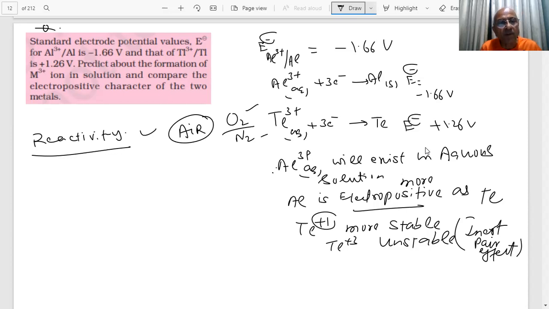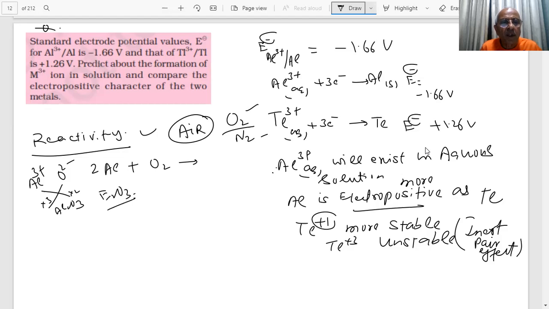So if you have something like aluminium, it combines with oxygen, what type of thing are you going to form, students? Aluminium is 3 plus and oxygen is 2 minus. What will be the formula? Al2O3. 2 into 3, Al2O3. So E2O3, E3+ and O2-. That is the story. So Al2O3 or E2O3. Okay? Then you heat them and you get it.